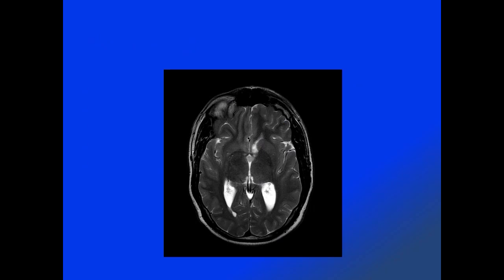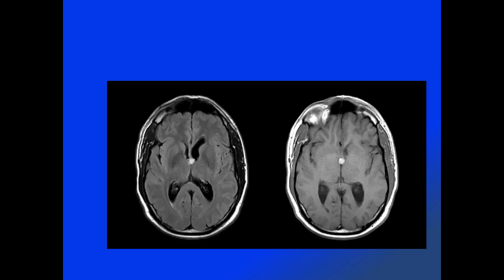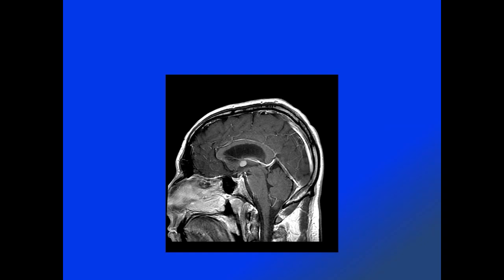Axial T2 image demonstrates a small, subtle, minimally hyperintense lesion along the anterior aspect of the third ventricle, adjacent to the left foramen Monro. The lesion demonstrates hyperintensity on T2 FLAIR weighted images and hyperintensity on non-contrast T1 weighted axial image. Post-contrast sagittal T1 weighted image again identifies the lesion to be at the anterior aspect of the third